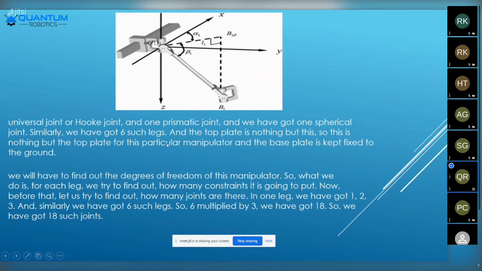Here the hook joint is at this place, and according to the working condition, there is the particular angle rotation: beta is about one axis and alpha is about another axis. The alpha rotation will be here, and the beta rotation will be like this. And there are the x, y, and z axes, the x direction, y direction, and z direction. In the job condition, the x and y condition will be like this only.